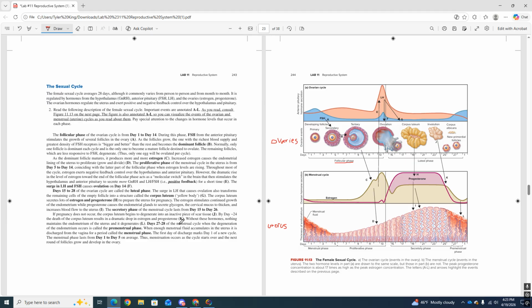When enough menstrual fluid accumulates in the uterus, it is discharged from the vagina for a period called the menstrual phase. The first day that you actually notice and mark discharge out of the vagina marks the first day of a new menstrual cycle. So the menstrual phase lasts from days 1 to 5, and then, thus, menstruation occurs, the cycle starts all over